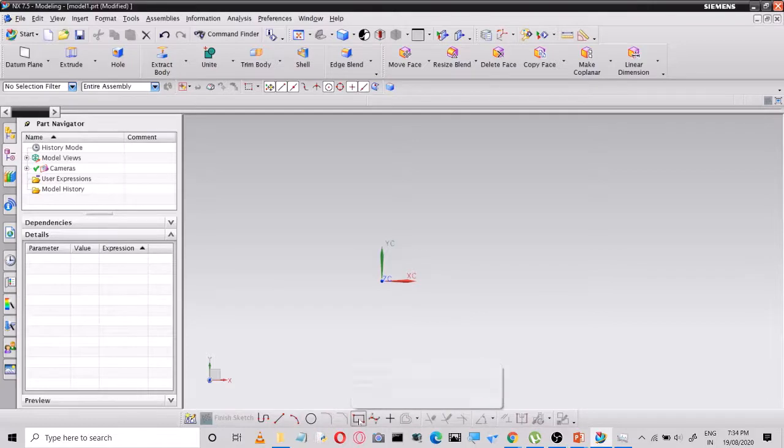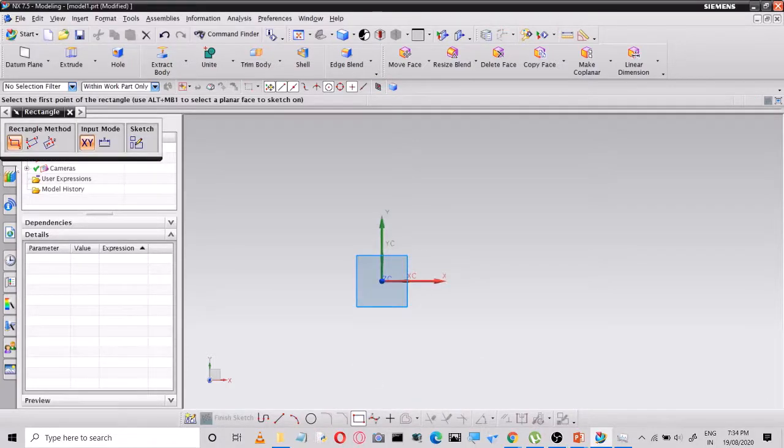So next one is rectangle. You've got three options here to draw a rectangle. One is by using 2 points, that is diagonal corners. Another one is placing a first point and specifying its height and length. Next one is from center point. Practically we are going to use only this one, by 2 points. Sometimes you need from center point.